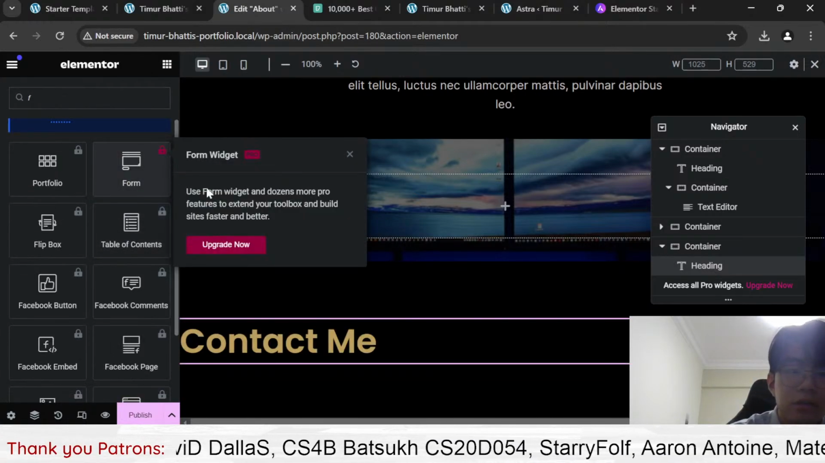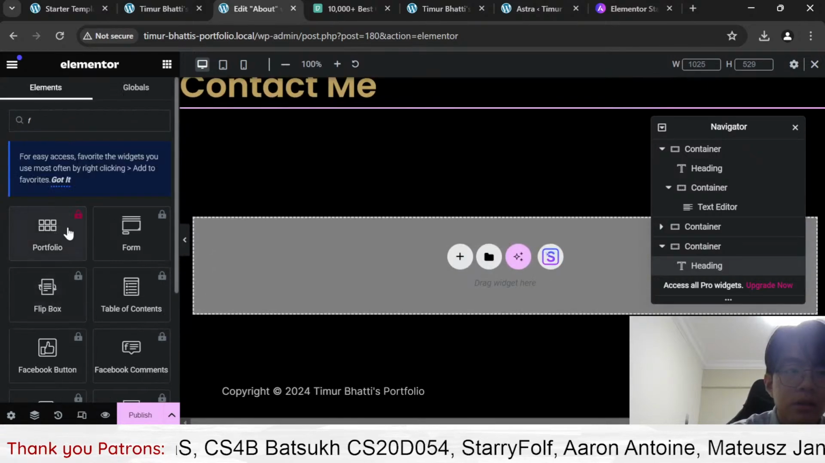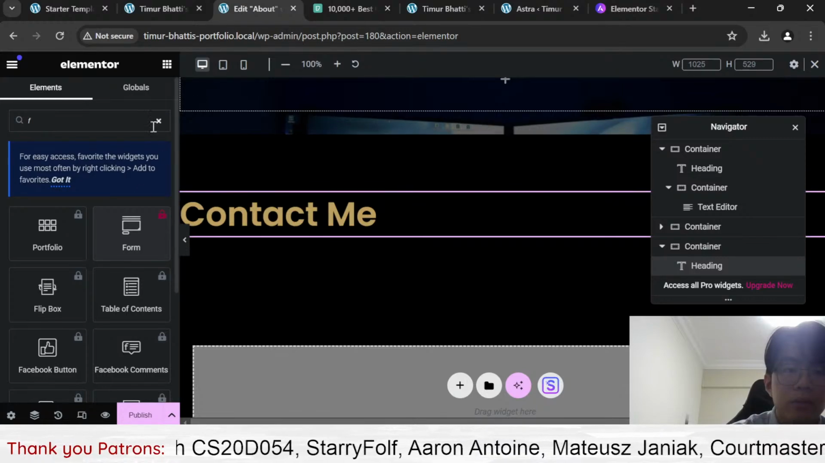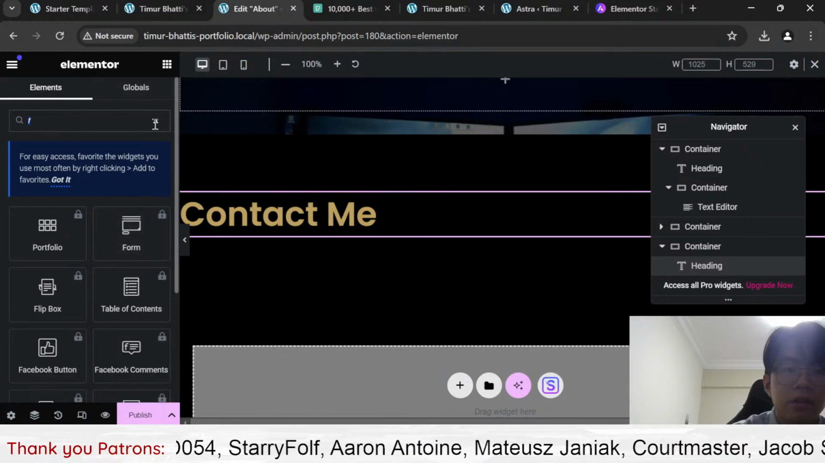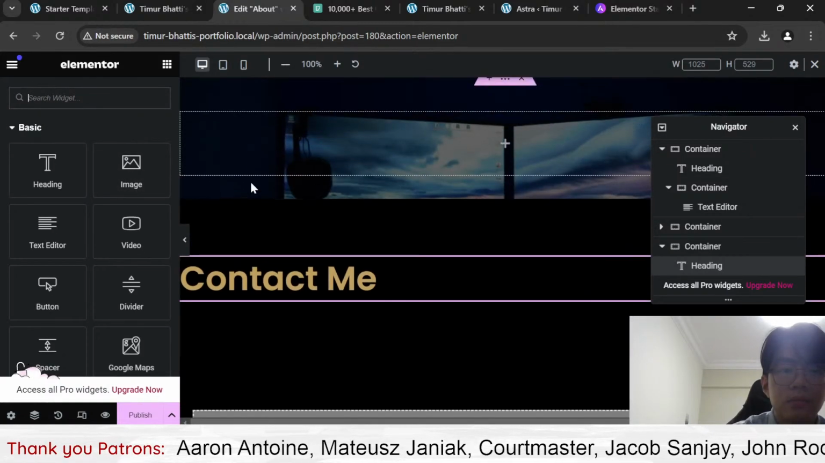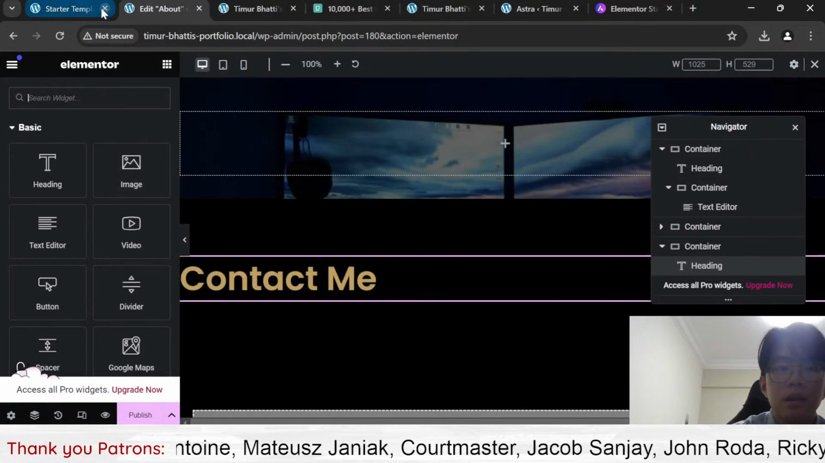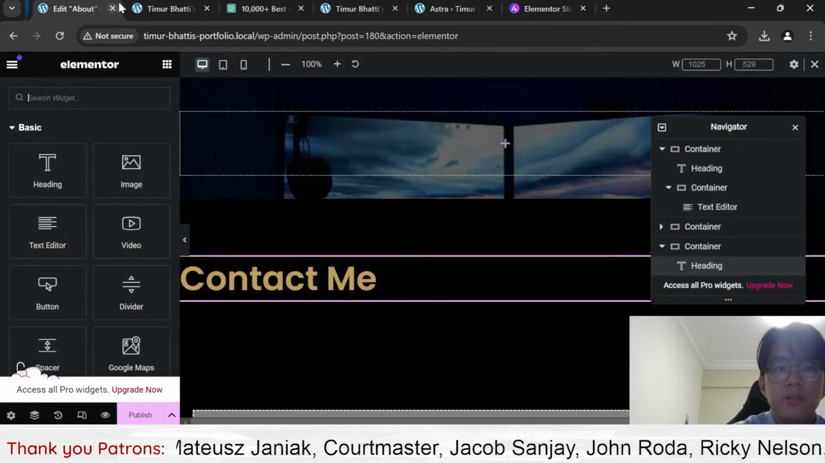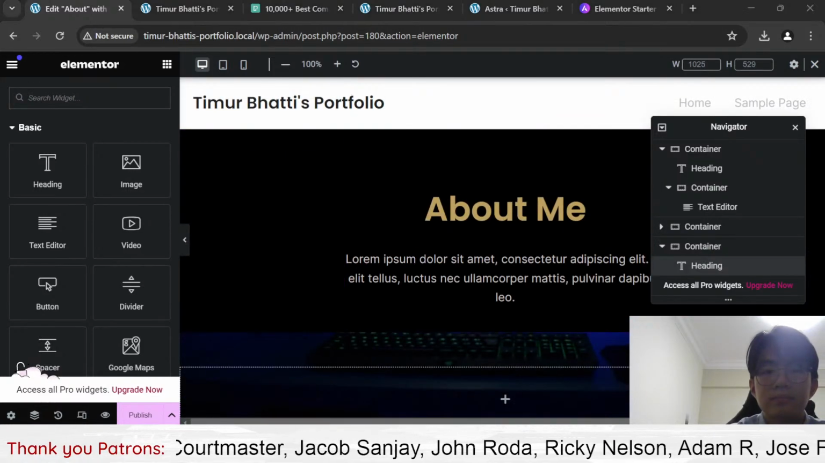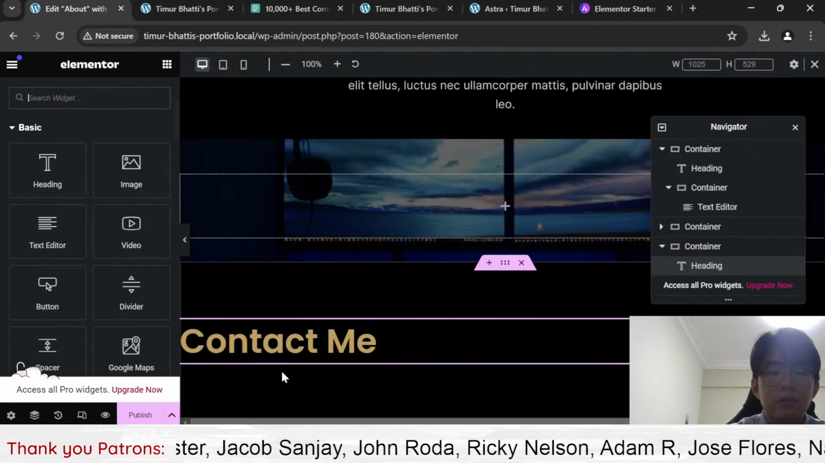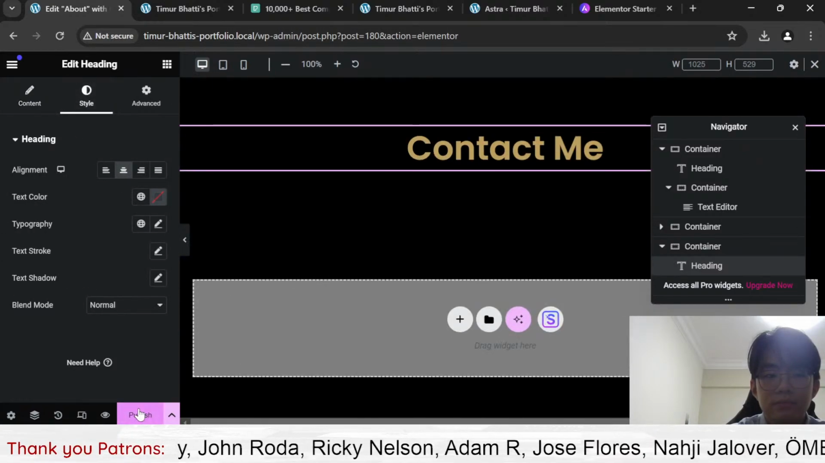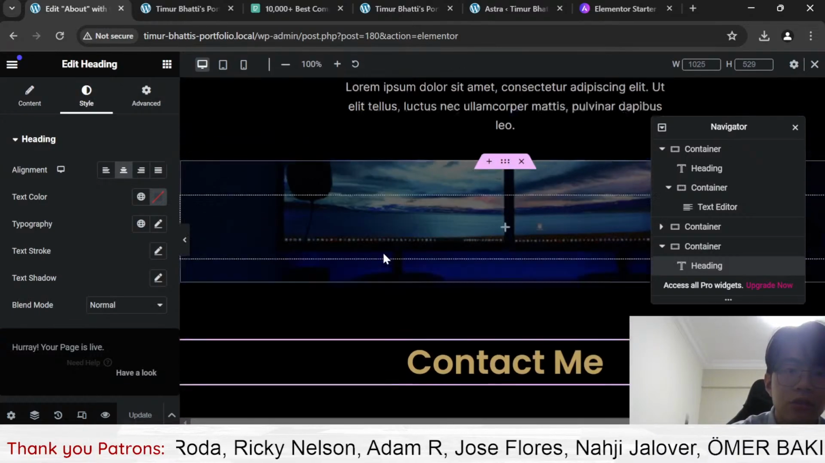Oh, form's locked. But yeah, you can get Elementor Pro for the form widget. If not, then you can get another plugin like WordPress forms or something like that. Right, so we can center this, click publish,